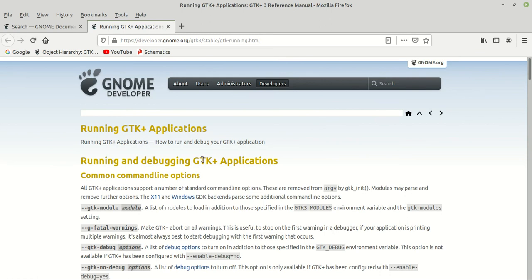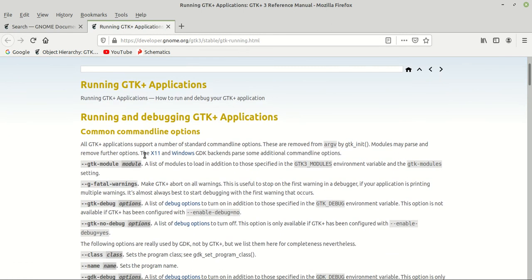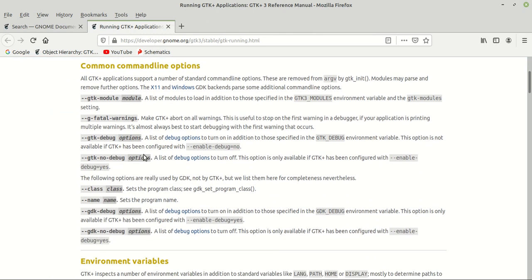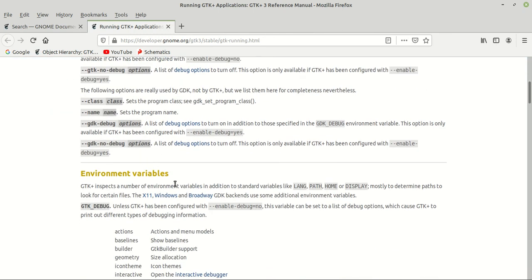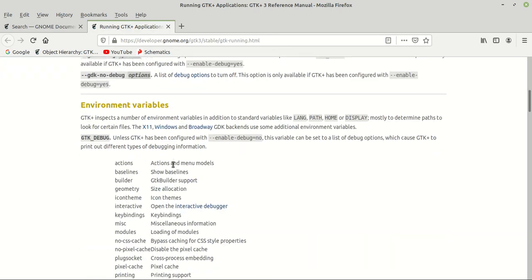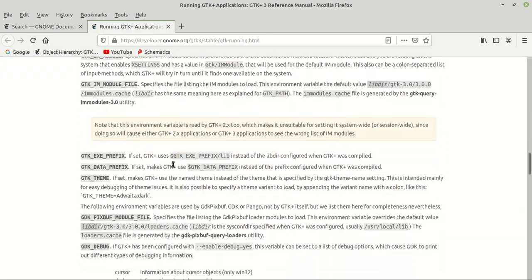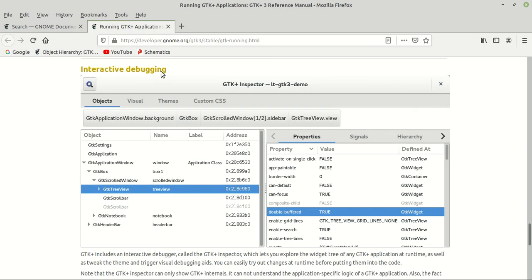And as you can see, you have a lot of information. I'm not going to read all these things right now. You only need to know that at least one time you should read this whole page. I'm interested, we go down right here where our important information is, interactive debugging.